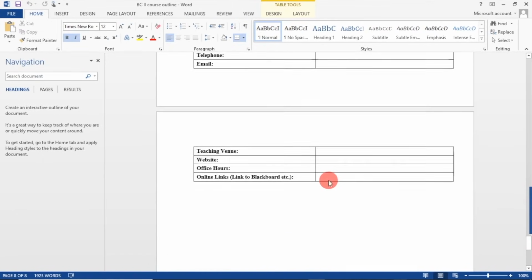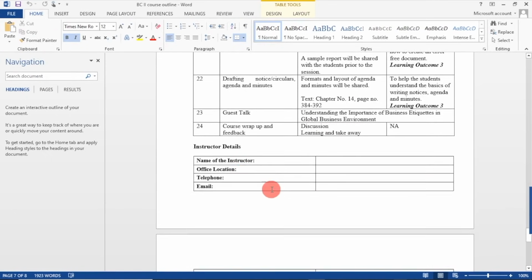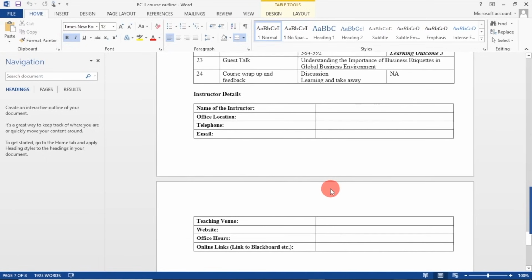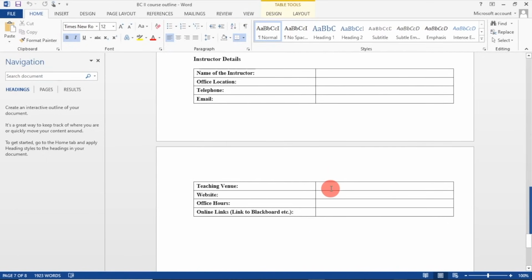Just see how systematically this document has been prepared. Going for giving your name, where is your office, first floor, second floor, give your intercom number, give your email ID for better connect with the students, which room number you go for teaching that particular class. Because in case of university, infrastructure may be a constraint, so a particular room may be specified or a set of rooms may be specified on the timetable. Go in for writing this.